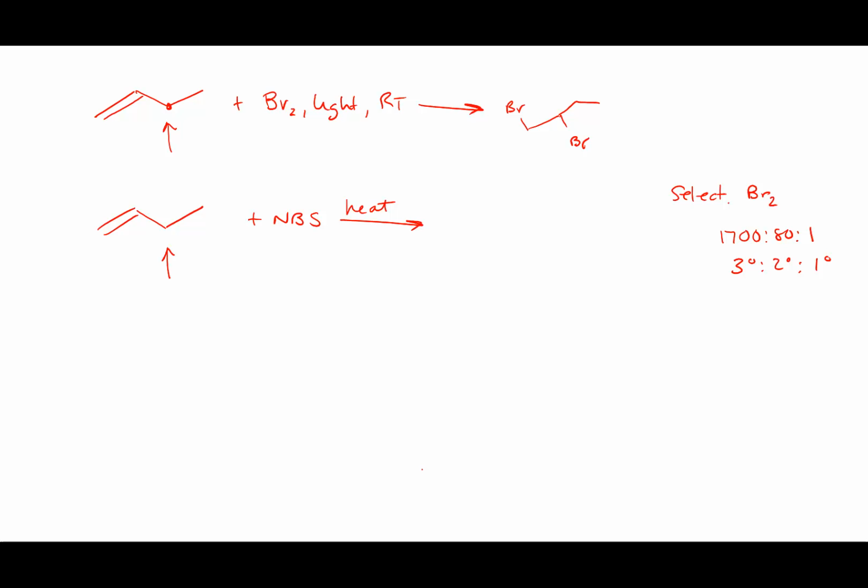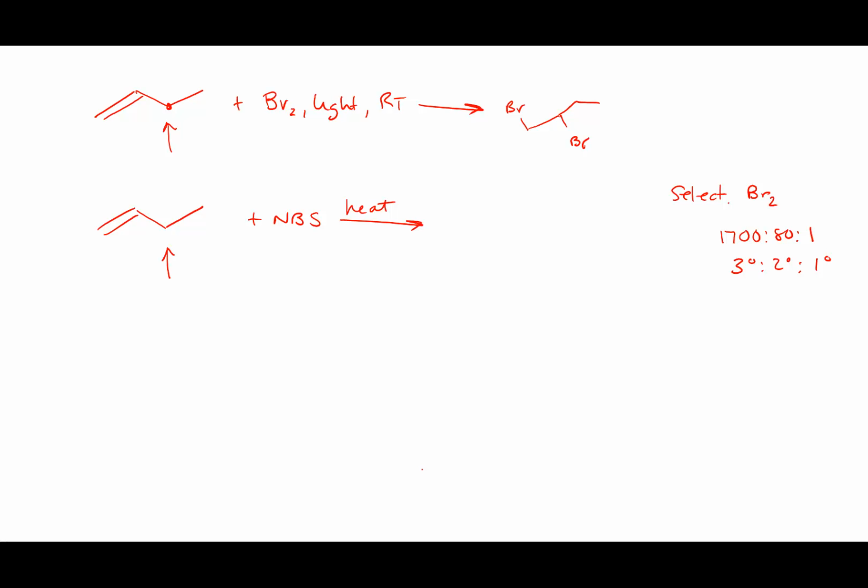So what does that mean? That means that you form a tertiary radical 1,700 times, a secondary radical 80 times faster than the primary. Now, for bromination, which is kind of what we're going to do here,